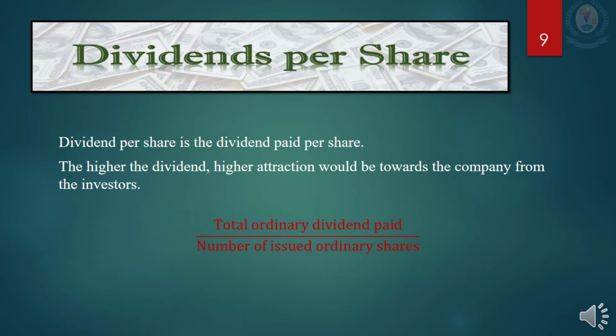Price earnings ratio. This ratio measures how much a shareholder would be earning on each pound he has paid to buy the share. For this ratio, you will divide the market price per share by the earnings per share. The shareholders or the investors would want to know how profitable a company is and will be in the future. The PE ratio would be used by the investors as they would require to know whether they are paying a fair price as share price in order to buy shares of a particular company. There is no standard benchmark for the price earnings ratio. It all depends on the industry.